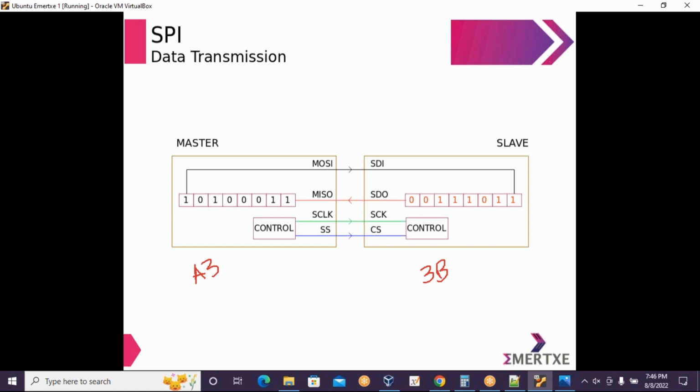Now you should know how the clock pulse is getting generated. So this clock pulse by the master can be generated in two ways. First way is with the help of the built-in peripheral. If there is any SPI protocol block present inside your microcontroller, it is going to generate the clock pulse for itself. And if the SPI protocol block is not there in your microcontroller, if your microcontroller is not supporting SPI protocol and you still want to achieve the SPI protocol, then you have to externally generate